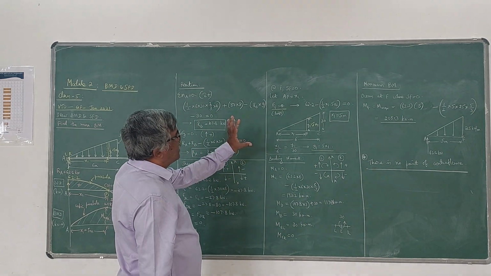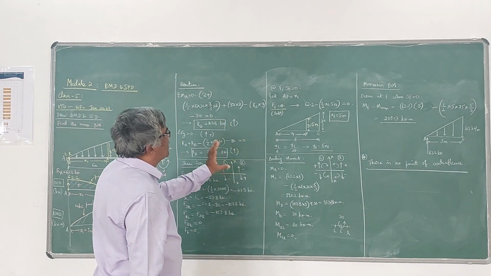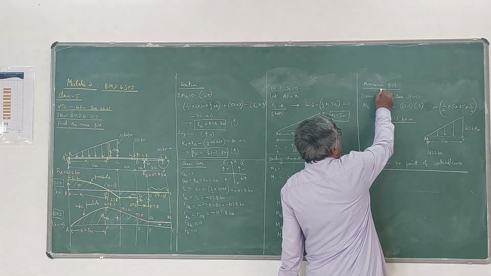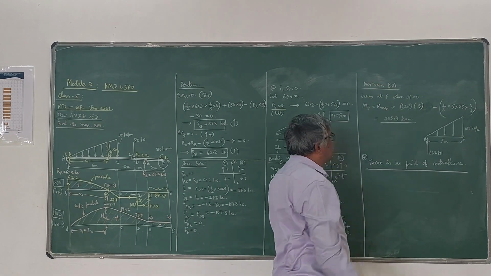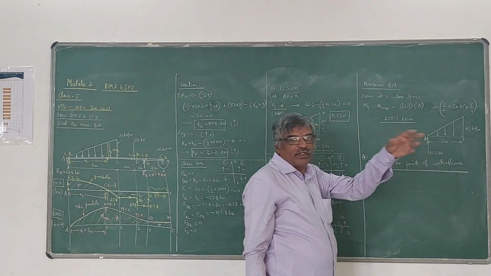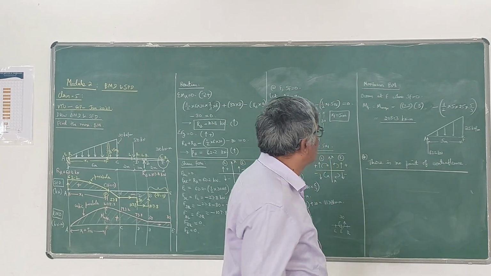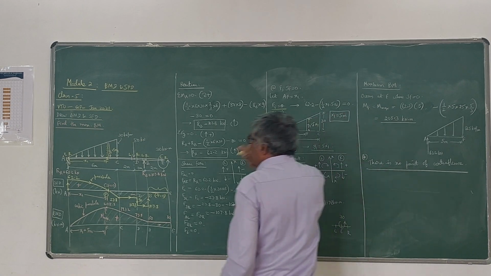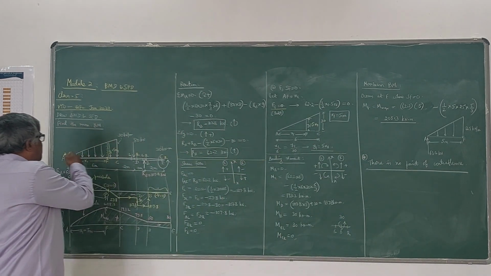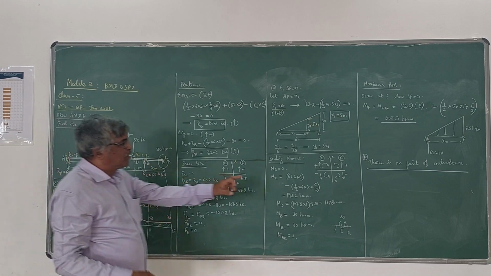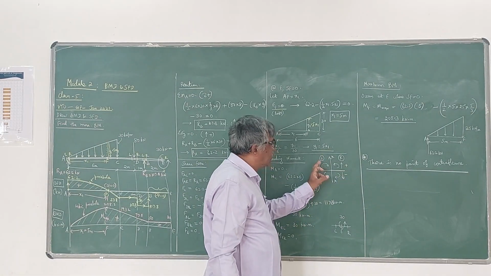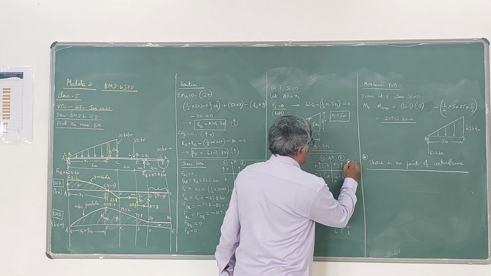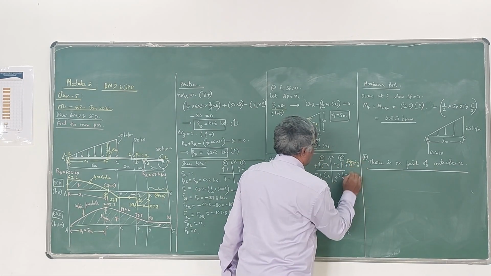So the shear force is 0 at the point F. At that point, you can have the maximum bending moment, and you can calculate the maximum bending moment there itself. We know that at the point where shear force is 0, bending moment is maximum. That means Mmax is nothing but MF, so we calculate the bending moment at F. See the left side of this F: upward forces give positive bending moment, this is the sign convention for bending moment, and downward forces give negative bending moment. That is sagging and hogging.